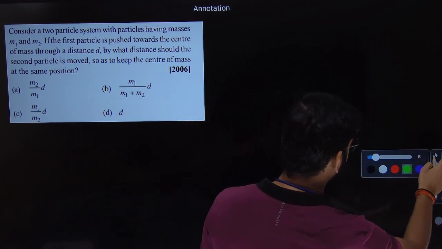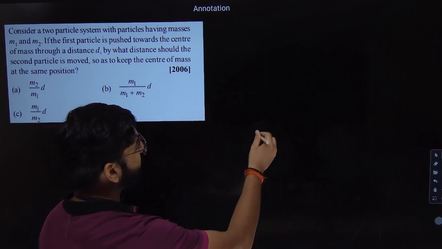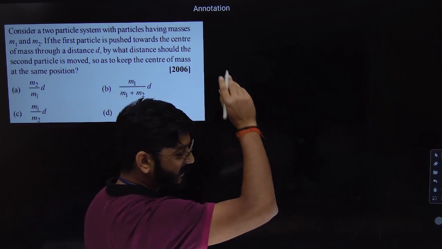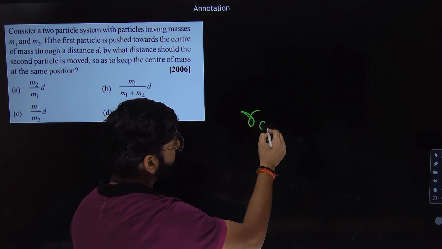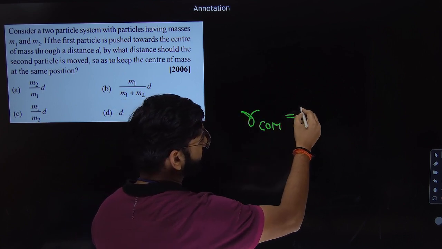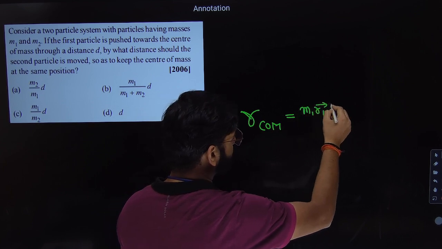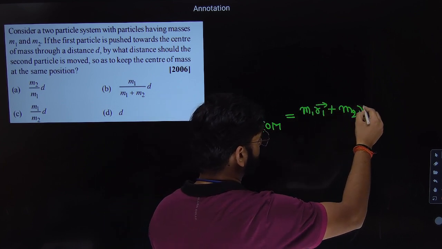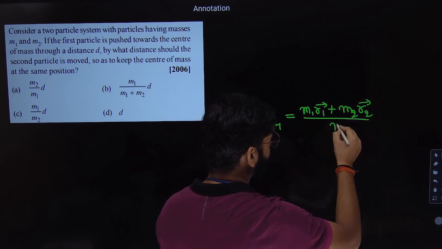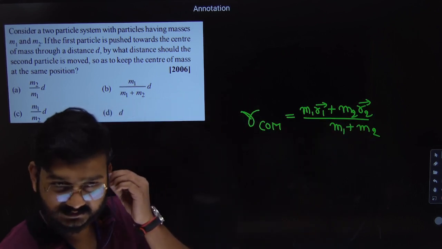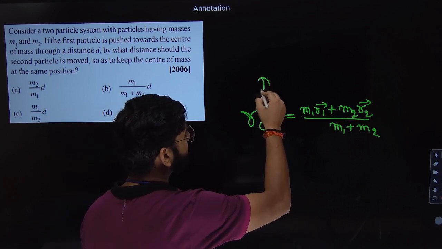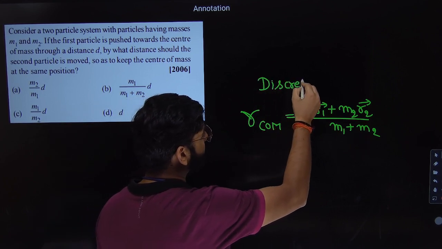Okay. So let's start this thing. See how to find the position of center of mass. All of you see on the board. I think we went a lot offbeat. So how to find the position of center of mass? R_cm = (M1 R1 + M2 R2) / (M1 + M2). This is called the position of center of mass. This system is called a discrete system.